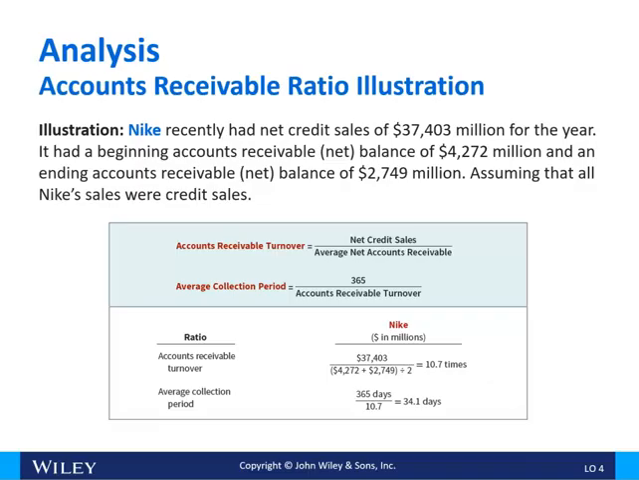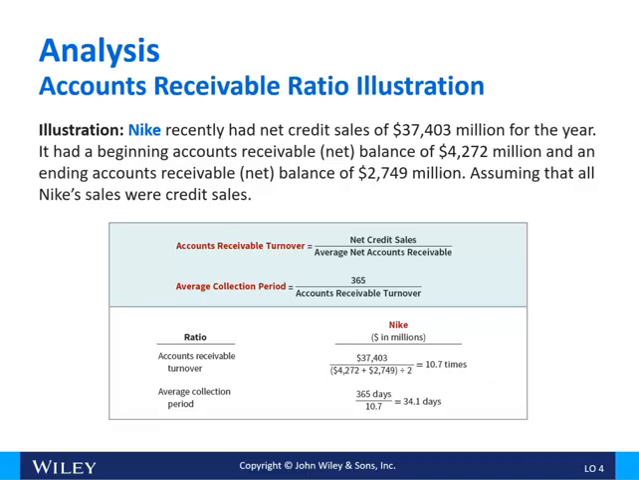The accounts receivable turnover is net credit sales divided by average accounts receivable. So in this case, the 37,403 divided by 4,272 plus the 2,749 divided by 2, so a simple average, beginning and ending divided by 2. So 10.7, so the turnover is 10.7, so each year they're turning over their receivables